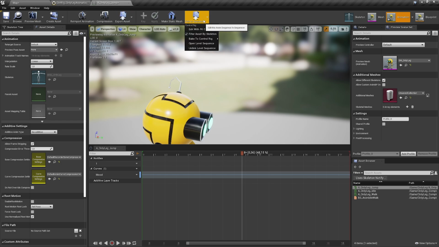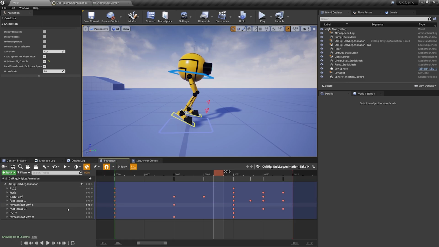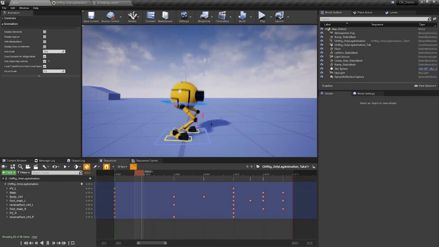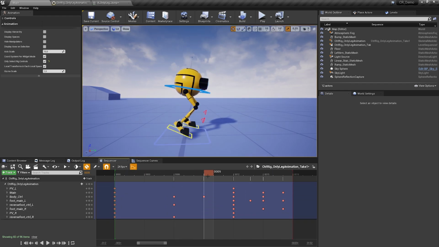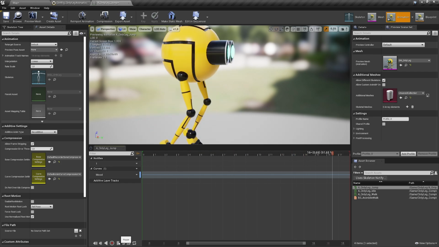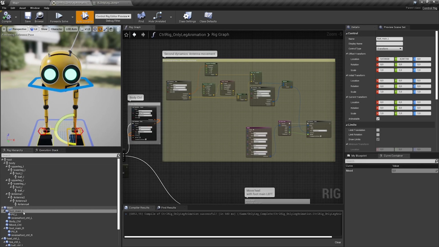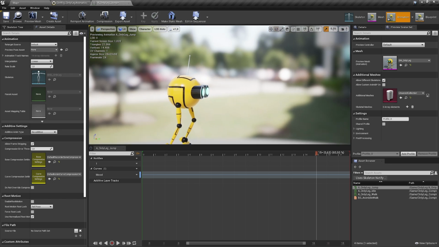And then from the animation itself, as it is linked, we find open level sequence here, which brings us back to our scene. And here, if I play it now, you can see the antenna is already not moving anymore. I can save that, and then if we go back to the animation itself, you can see now this is also adjusted. But be aware, it is not working when you change things dramatically in the hierarchy, adding new controls or something like that. But for this kind of fix, this is really convenient.